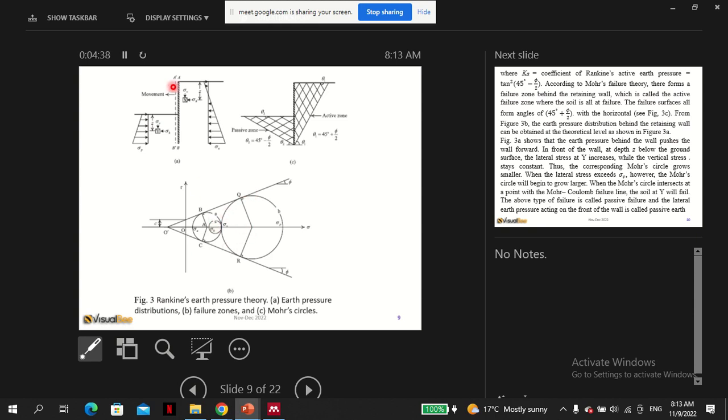Initially this is the Mohr circle, right? Initially, when there is the state of balance, sigma h and sigma v. When the soil moves, that means sigma h reduces, then the circle becomes bigger to touch the